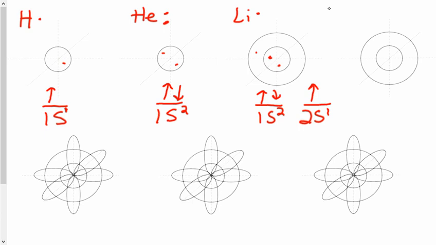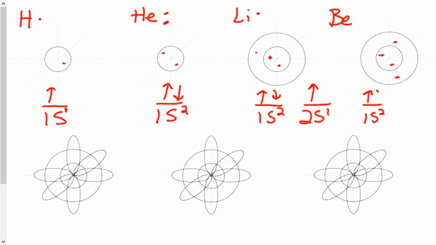Okay, let's continue. What about the atom beryllium? Well, beryllium, of course, has 4 electrons. So I'm going to put 2 in the first sphere. Now that's full. Okay, let's go on to the next sphere. So I'll put 2 in that one. So that's going to be the 1s2,